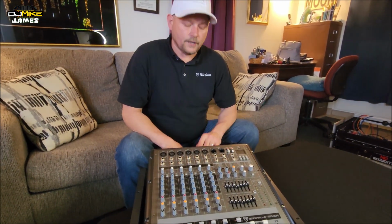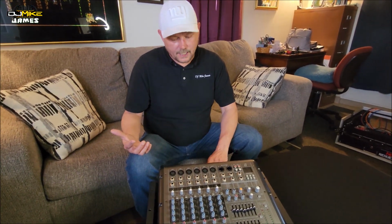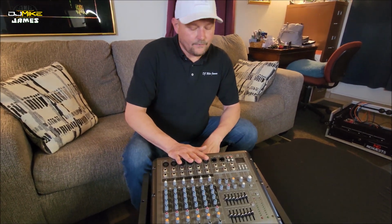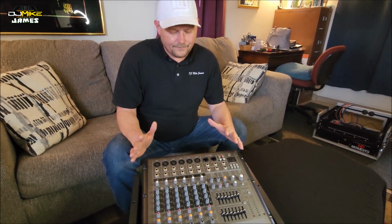If you do have Speakon, you get much better results. Since we are running power out of this side, you definitely want to get yourself a much better cable, because these cables are handling the power out of this board, and that power is about 750 by 2 at 4 ohm, and roughly 500 by 2 at 8 ohm. So technically we'll be running with one speaker on each side, about 250 watts a side, and if you piggyback in parallel 2 speakers off of that, you're technically going to be running that at about